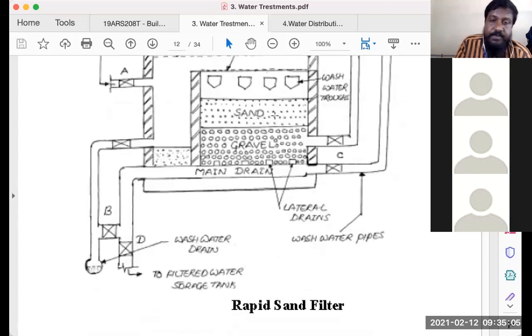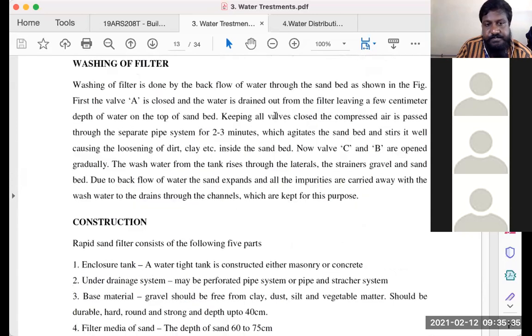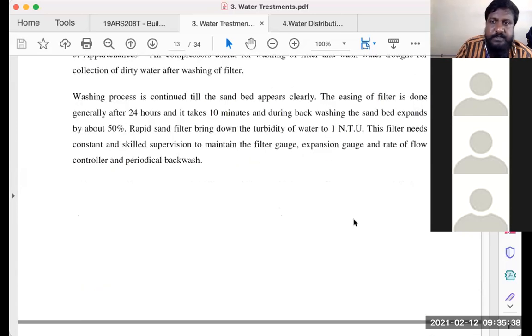The slow sand filter, as the name suggests, the amount of water discharged from it is comparatively lesser. Whereas the rapid sand filter is faster, but that doesn't mean that it is superior. The water received from the rapid sand filter, because of its pressure, is not very consistent in the purification process, unlike a slow sand filter. So both of them have pros and cons. So this is about water treatment.